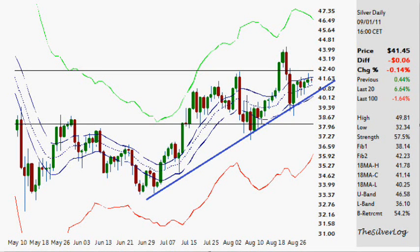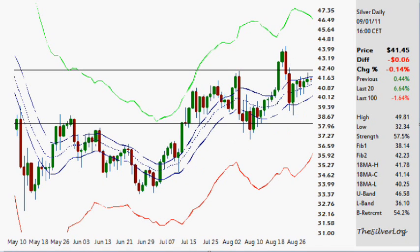Thursday, the 1st of September, and still holding above this trend line, but it's got to get above this little band in here, above 42. Things are really looking ready to explode. It's just hard to figure out when the when is going to be. And what we'll do is we'll take a look at all these different time frames and see what the message